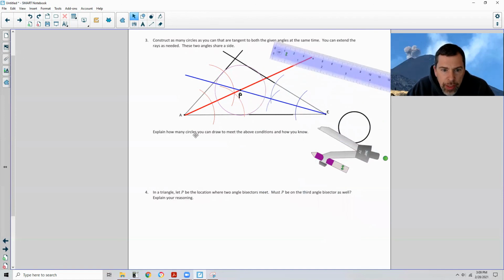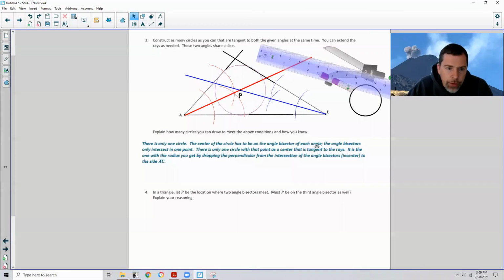So it says to explain how many circles you can draw to meet the above conditions and how you know. So here's what you'd say. There's only one circle. The center of the circle has to be on the angle bisector of each angle. The angle bisectors only intersect at one point. There's only one circle with that point as a center that is tangent to the rays. It is the one with the radius you get by dropping the perpendicular from the intersection of the angle bisector